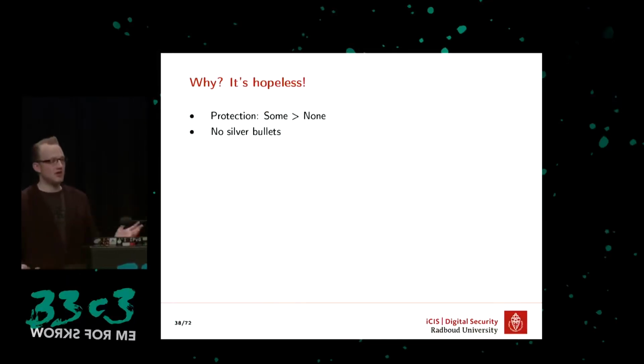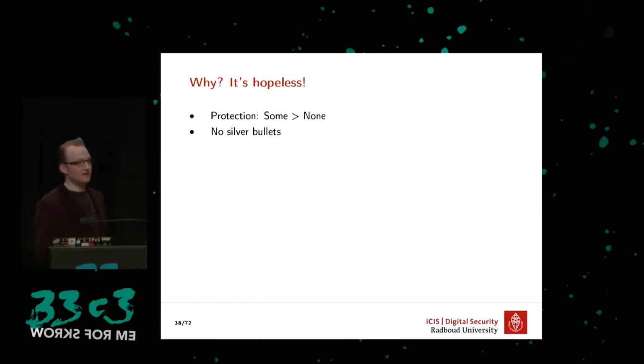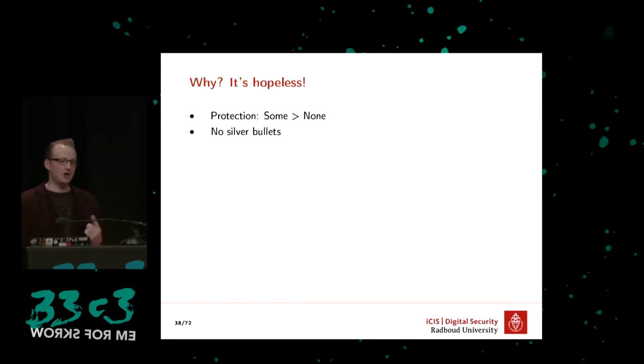There is not enough randomness in the silicon, but I disagree. Because for one, some protection is better than none, which is what most system-on-chip devices have. And two, I do not believe in silver bullets. This should be part of a greater security mechanism. So if nothing else, if all you want from this talk is some interesting paper to read, just one, read this one.